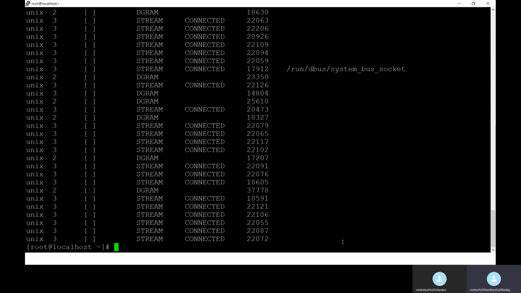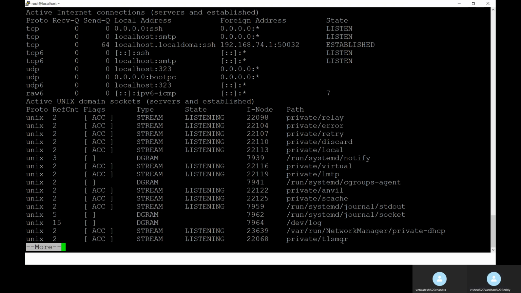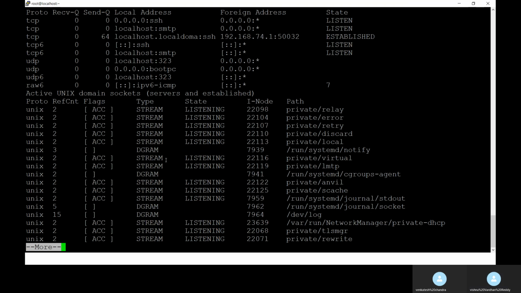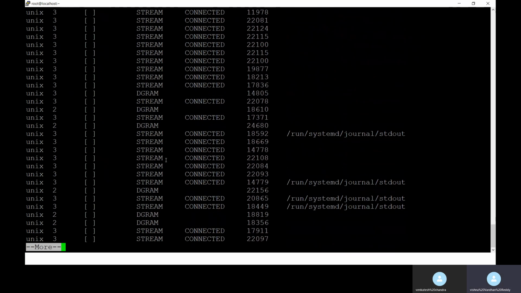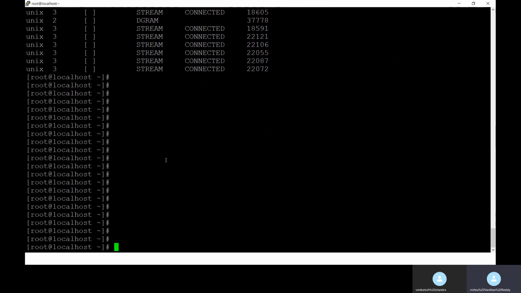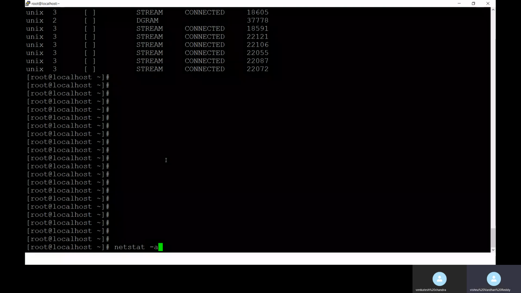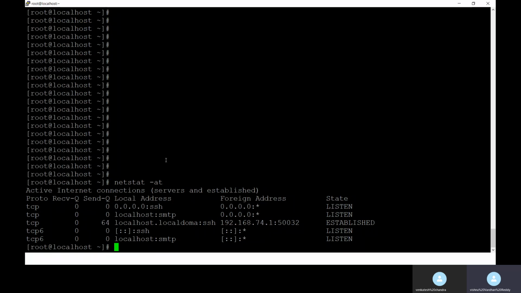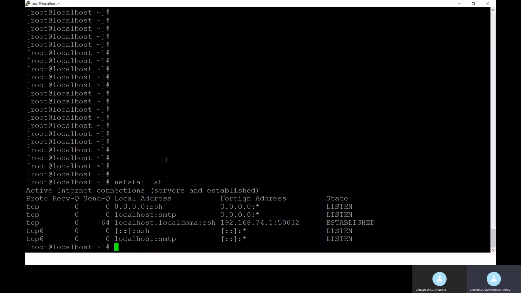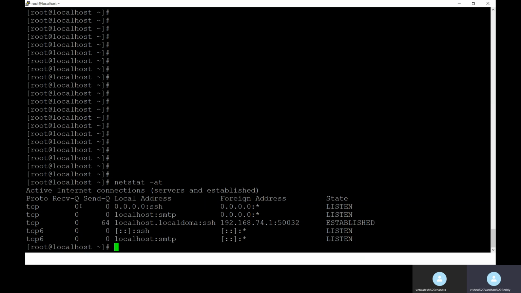netstat -a displays all the TCP and UDP connections, what connections are being used. Everything is displayed, including the ports, with the netstat command. netstat -t shows the connections from TCP ports, which services are listening on TCP ports.